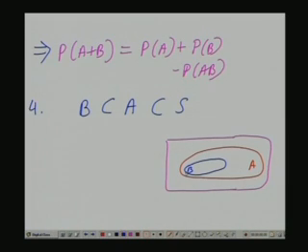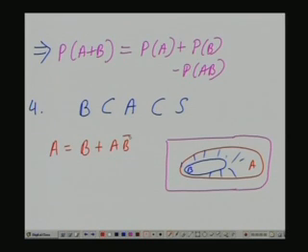Firstly, take B. What is B bar? B bar means the entire zone outside except for the area given by B, the entire area outside that, that is B bar. If you take the intersection between that and A, then you will get what? After all, intersection between A and that, so all areas of A have to be included, but not this, because this is not part of B bar. So, only this part will be. Okay. So, that means you can write A as B plus A B bar,